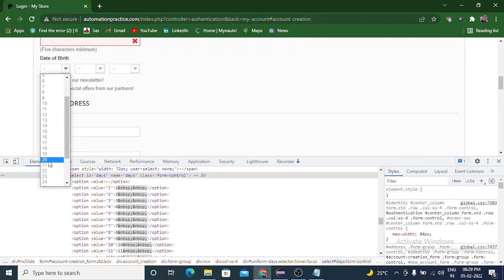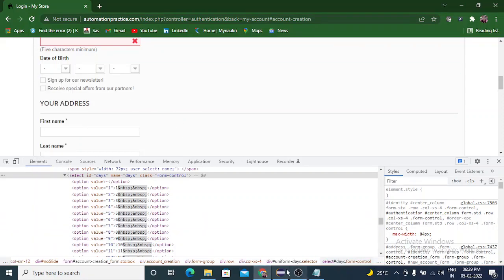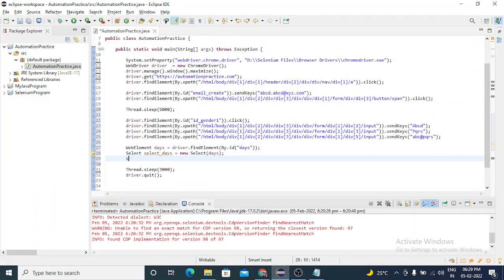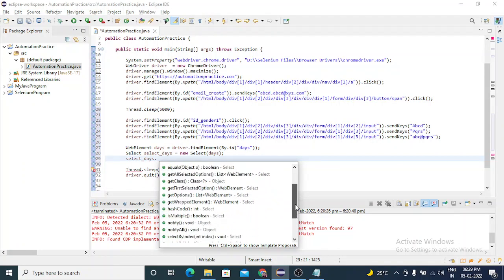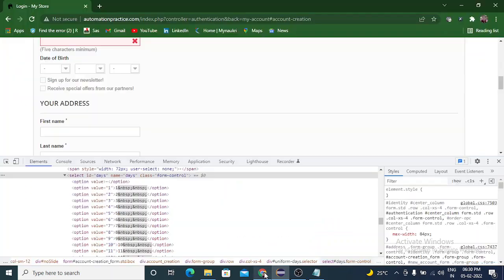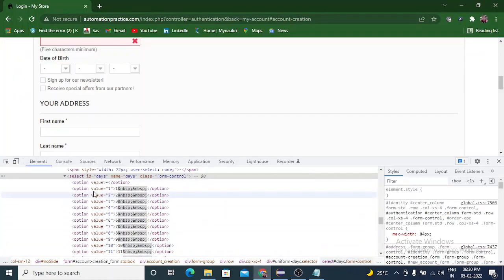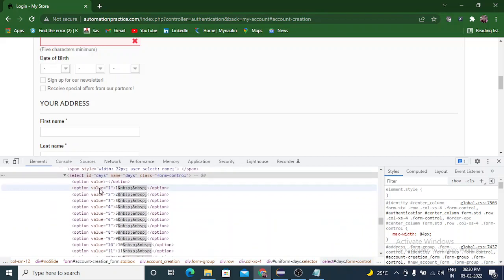Okay, how can I select? There are many methods. See, select dot, there are deselect, select option, select by index, select by value, select by visible text. How can you find index, value, visible text? In the code itself, the select value is there.